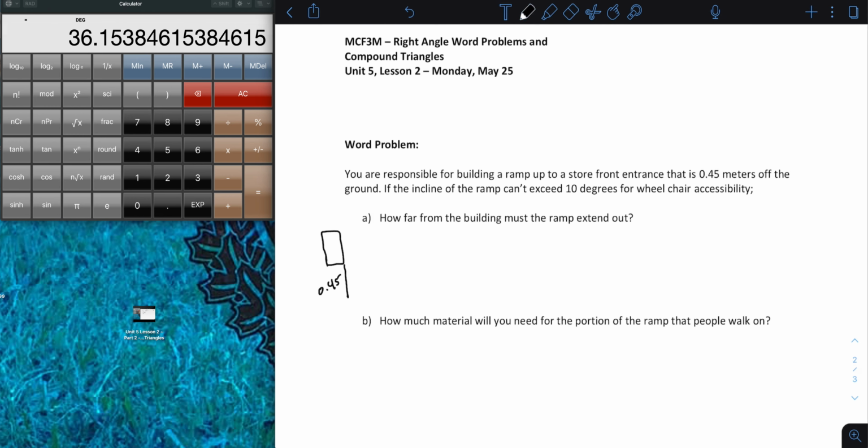And so your job is to build a ramp that gets up to that door such that the incline cannot exceed 10 degrees, okay? And the question is, how far from the building must the ramp extend out? That's that side right there, so this, right? So I'm just going to write out